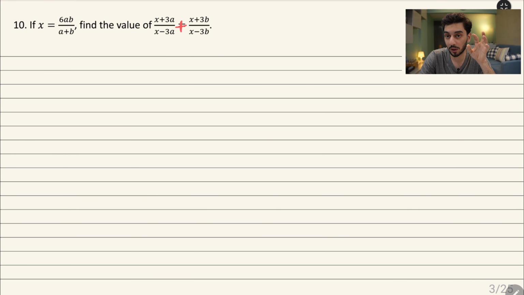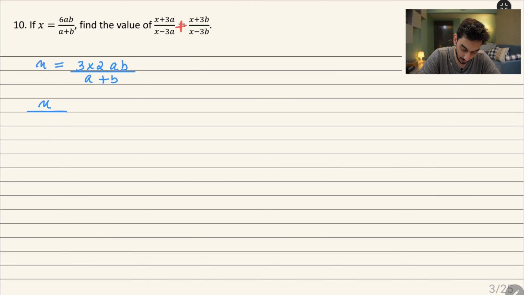The first way of doing this question is actually substituting the value of x as 6ab upon a plus b in the entire expression and solving it completely. The other way, which I like to do, is writing x is equal to 6ab upon a plus b, where 6 can be written as 3 times 2 times a and b, and then in the denominator it is a plus b as it is. The first time I'll take the 3 and the a to the denominator